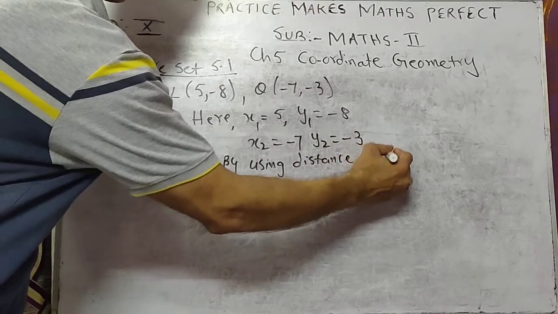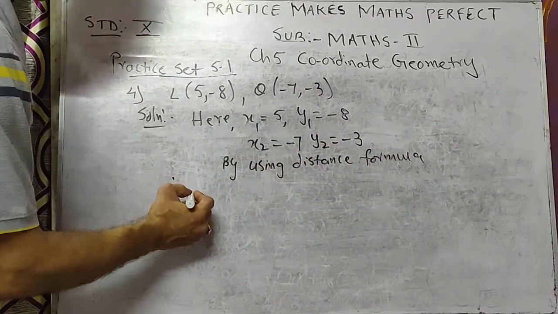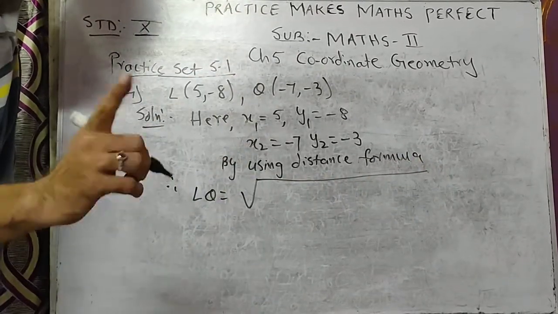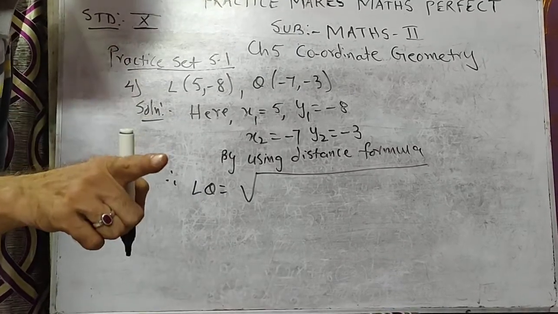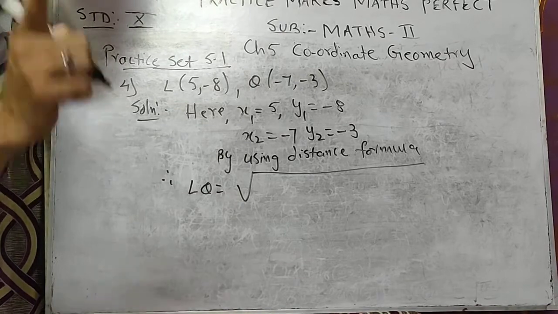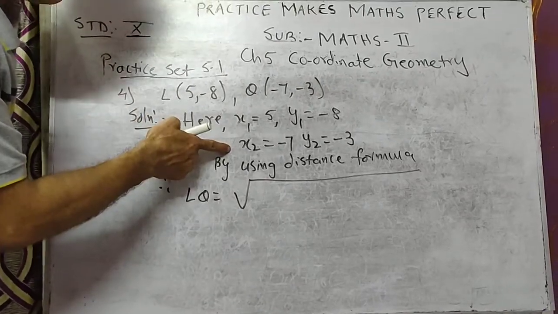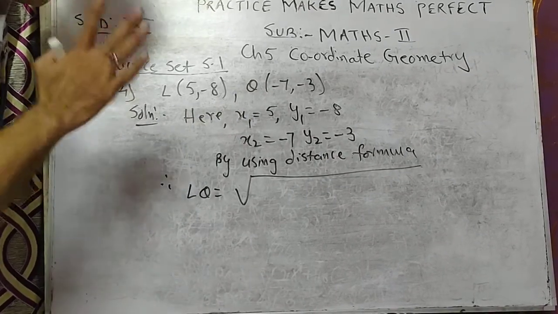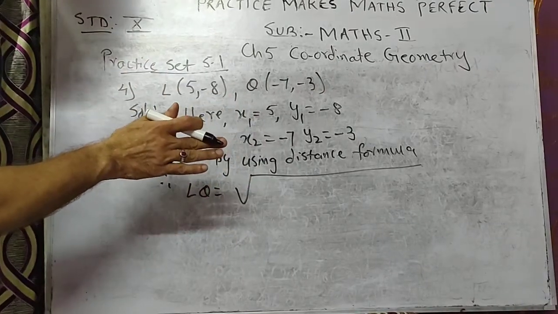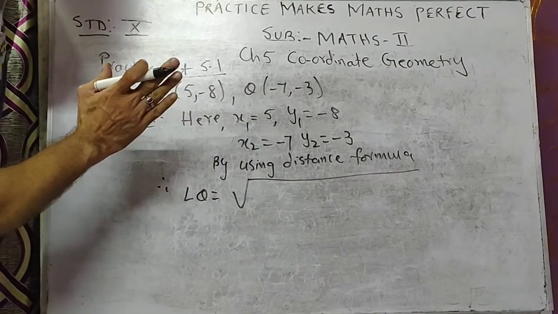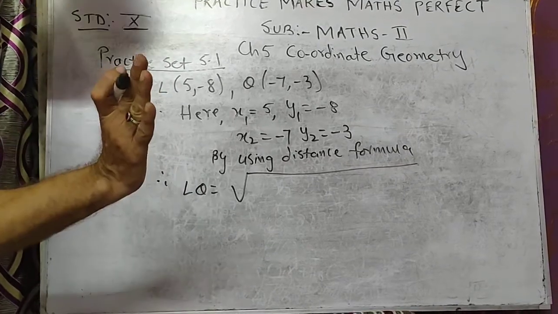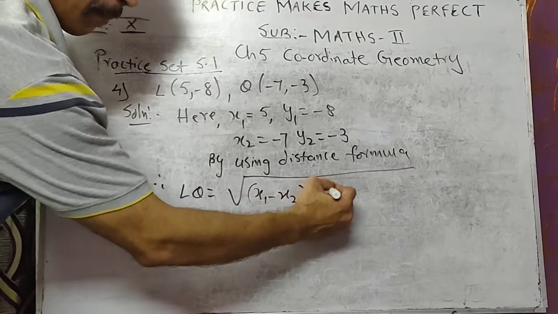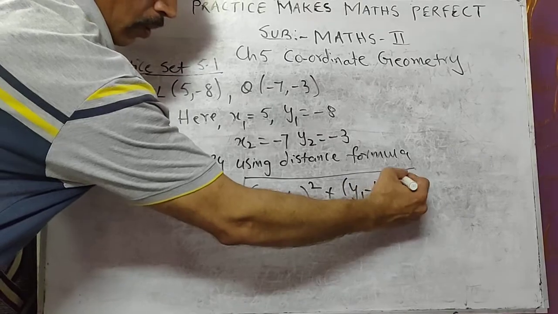distance formula. Your distance formula will be x2 minus x1 the whole square plus y2 minus y1 the whole square. And also, the distance formula is x1 minus x2 the whole square plus y1 minus y2 the whole square. There are two different ways which I showed you. Now we are using a different way so that you will understand. Both formulas we can use in exam, the answer will be the same. So I am now using x1 minus x2 the whole square plus y1 minus y2 the whole square.